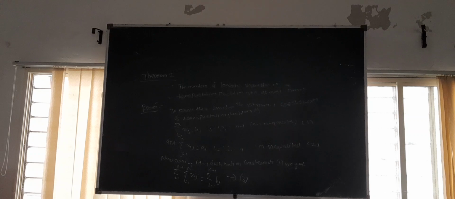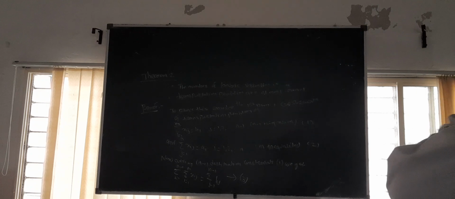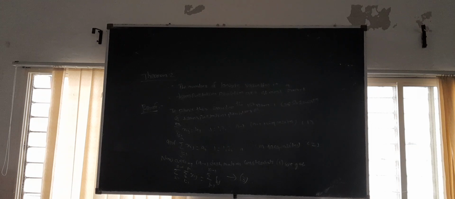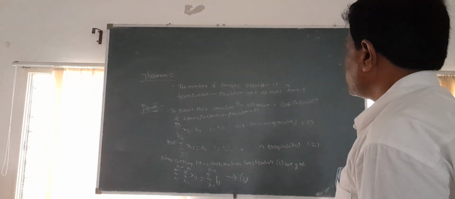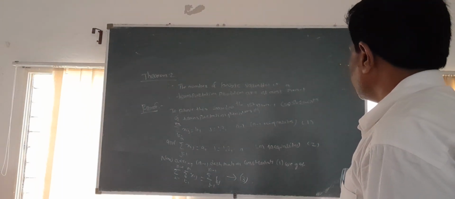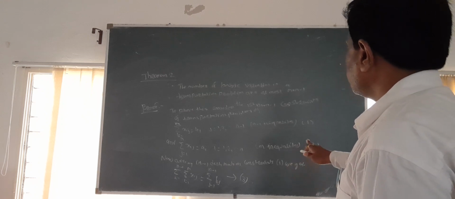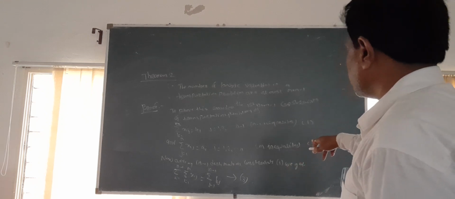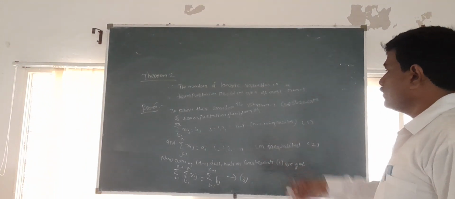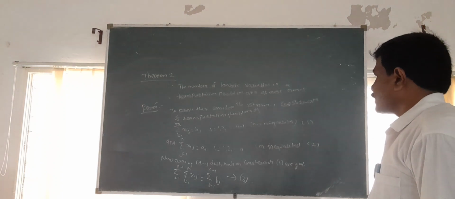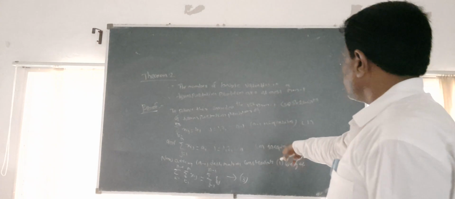That is the number of basic variables of a transportation problem at most m plus n minus 1. That is, we consider the first m plus n minus 1 constraints of the transportation problem, that is, summation x i j equal to b j, that is n minus 1 equations, and summation x i j equal to a i, that is i equal to 1 up to m, m equations, and we add the n minus 1 destination constraints of 1, that is summation j equal to 1 over n minus 1, summation x i j equal to summation b j, and we get this constraint.